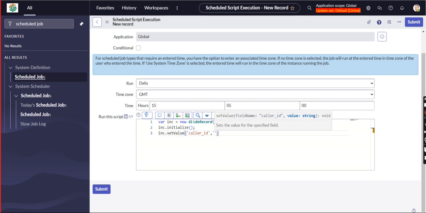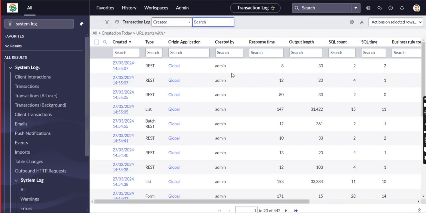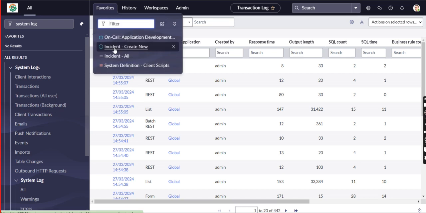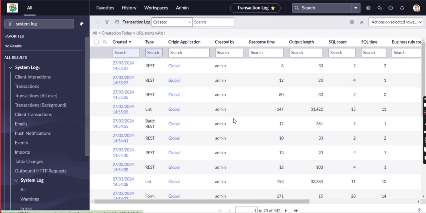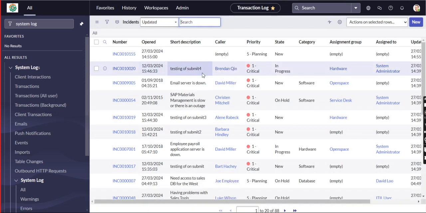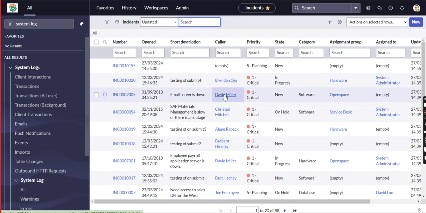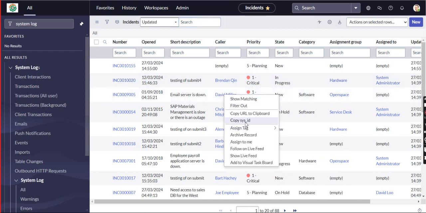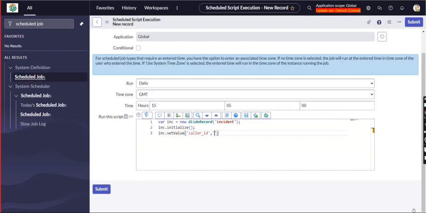Now go to this session, that is the transaction session, the incident. Let me take the David Miller related record. Copy the sys_id of David Miller, control V, and pass it.